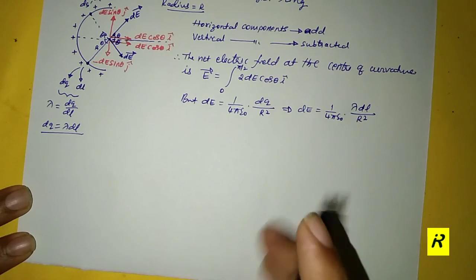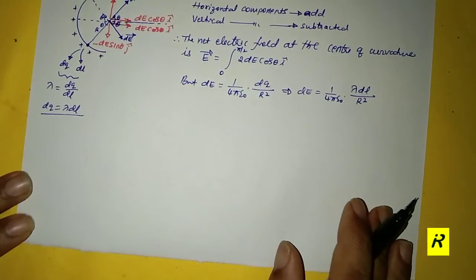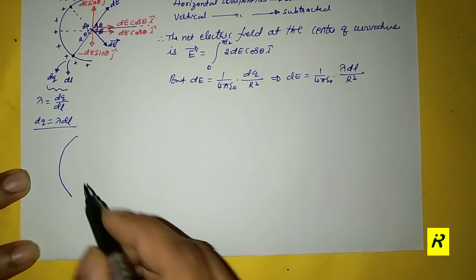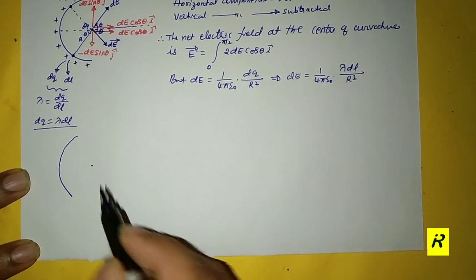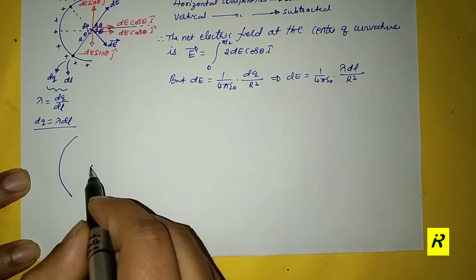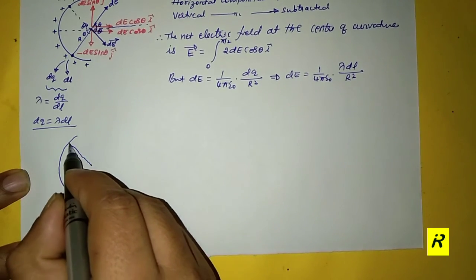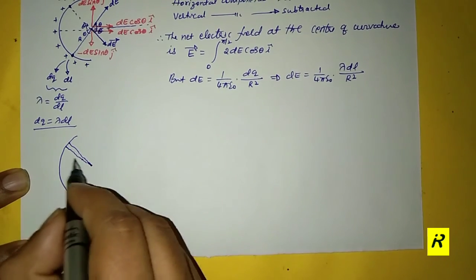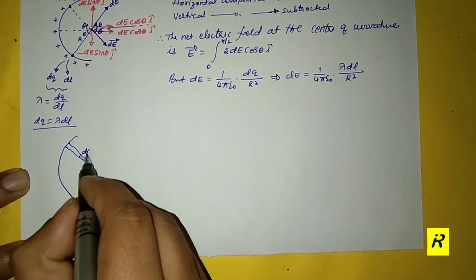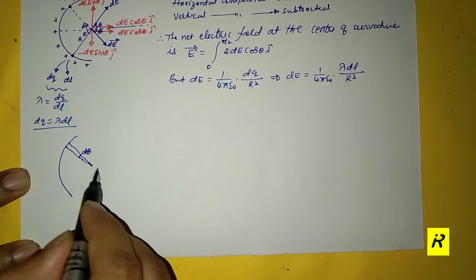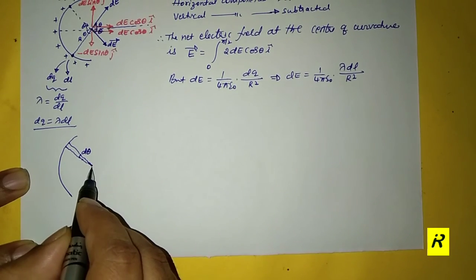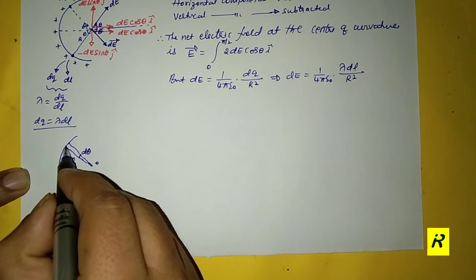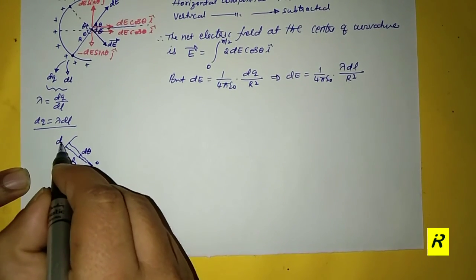Further, you must be careful about this substitution. Say it is the arc and here is some point, the center of curvature, and as we consider the element further and further along the rim, the angle changes. Say it is d theta. The distance from the element to the center of curvature O remains the same, and this length along the rim is dl.